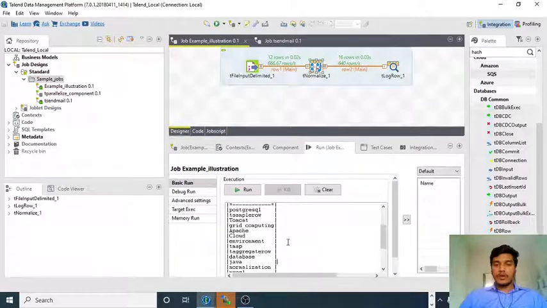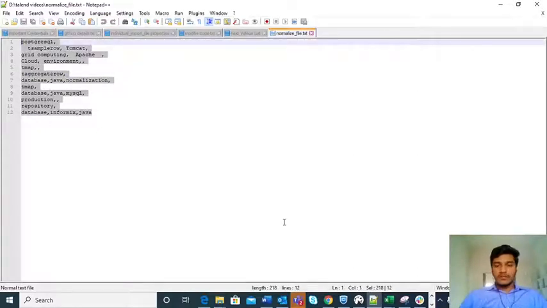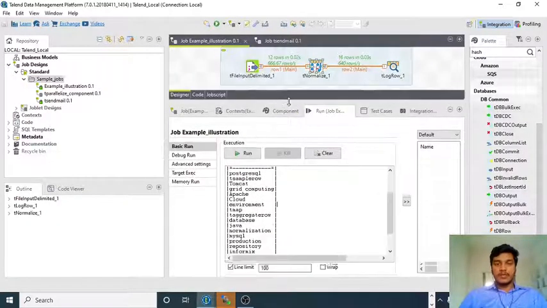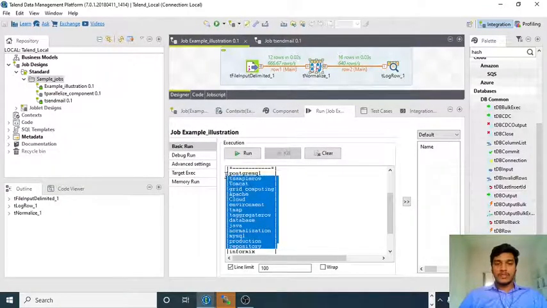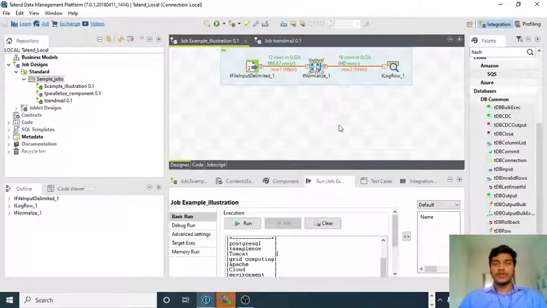So this is how you can do normalization for the input record. If you see this output and compare it with the Talend output that we are getting, these are very normalized. Based upon the input file, we normalized these things into a single column. So this is how normalization works in normal scenarios. This is the basic example of how to use the tNormalize component. So that is all for this video guys.